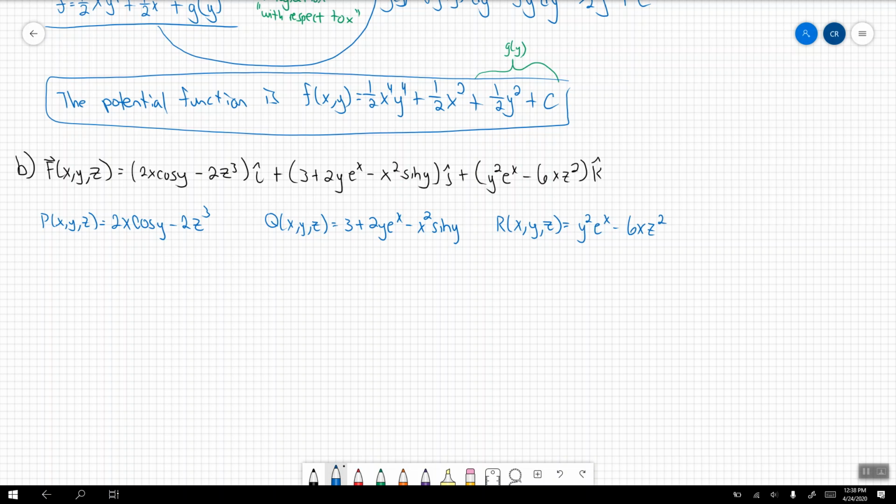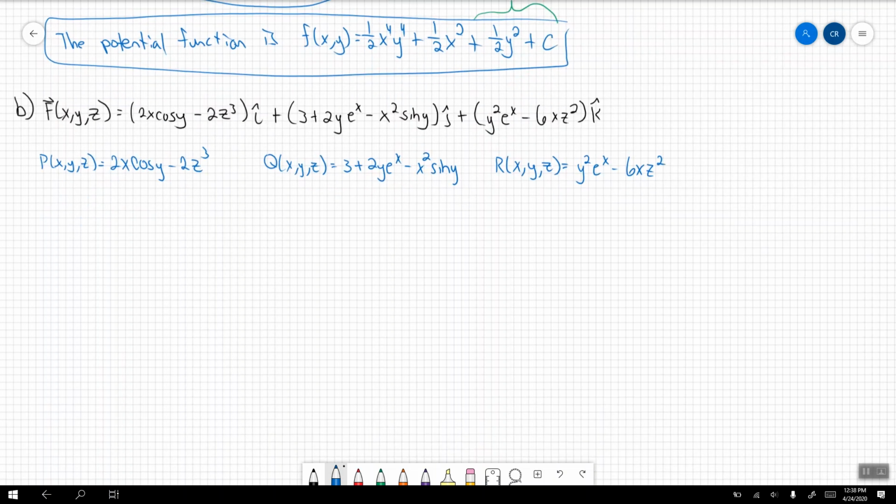Alright, perfect. So what I'm going to do now is start applying this. Since this is a vector field, and since F is a conservative vector field, I spelled conservative wrong,